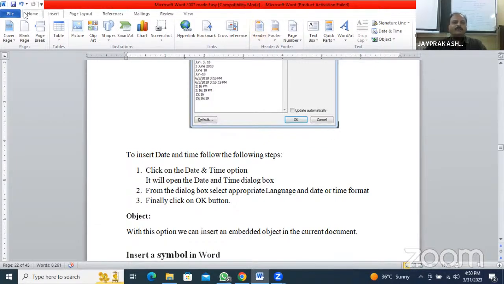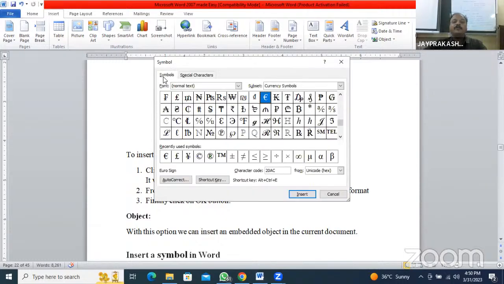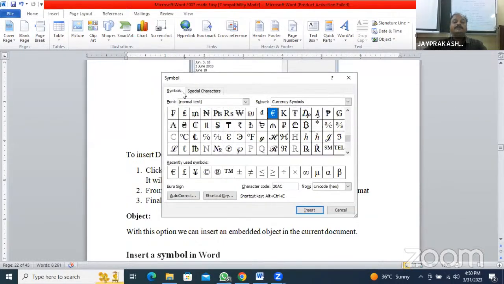So very simple, just explain all these steps like this. Click on Insert, go to Symbols, click on the Symbol option and click on More Symbols. These are the symbols which I have used recently, shown here. And if you click on the More Symbols option, you will see a Symbol dialog box which